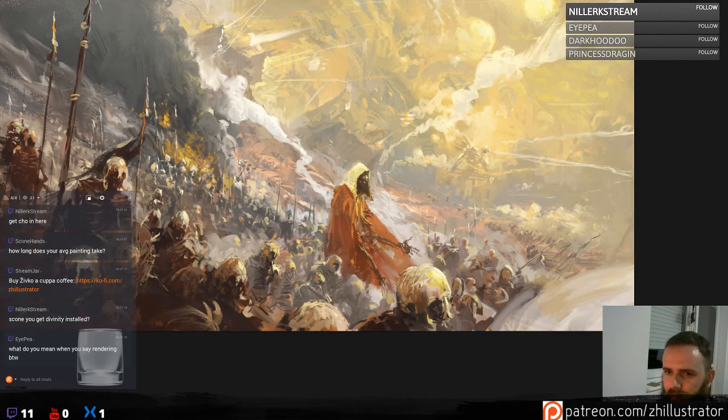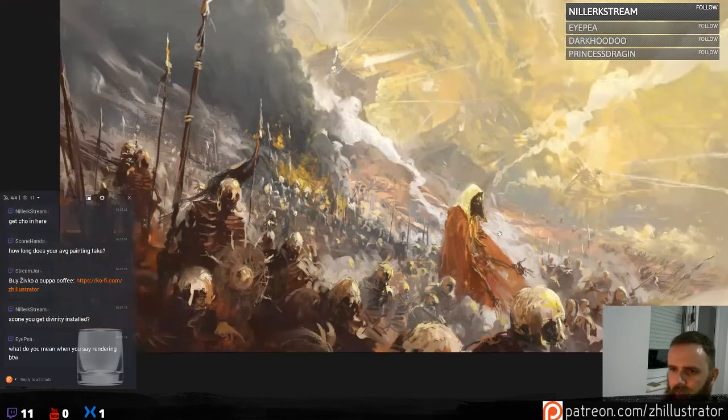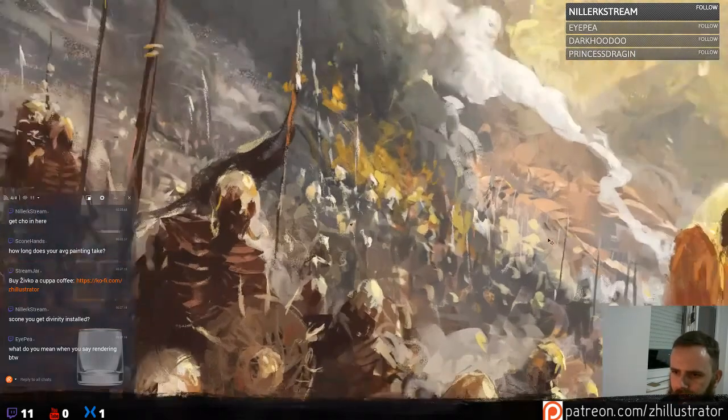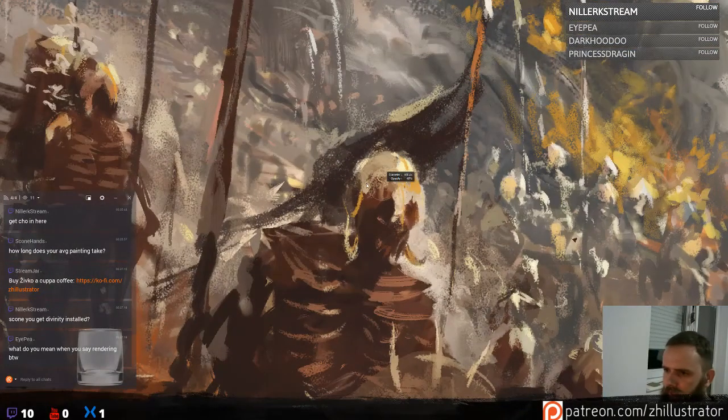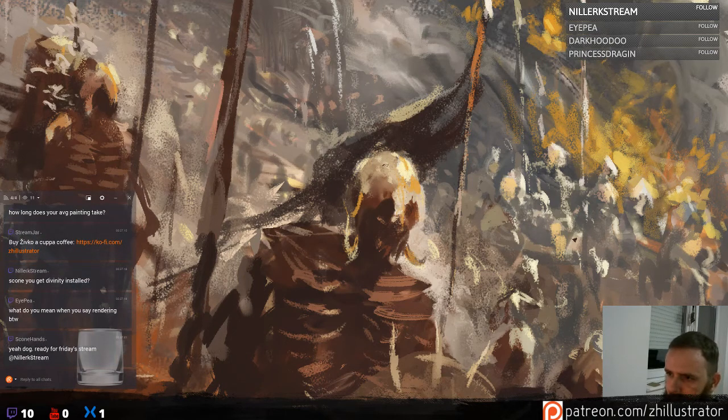What do you mean when you say rendering? Rendering is basically drawing materials. Rendering is a term used by artists for making something look like metal, making something look like stone, making something look like bone.